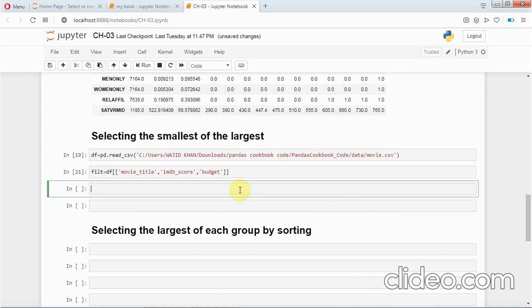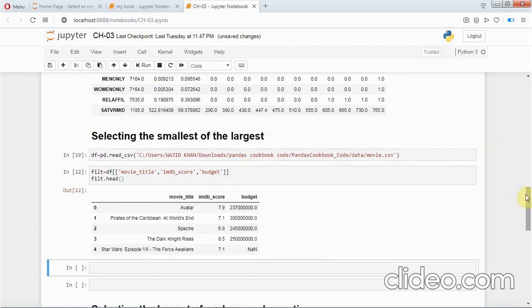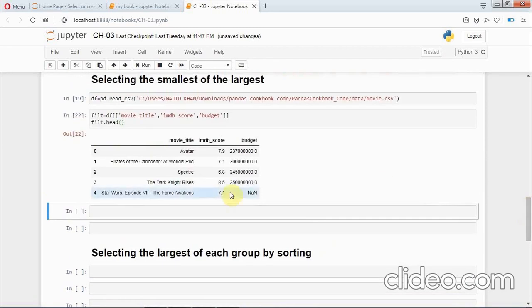First we name the variable, call the variable filled. Dot head to see the first 5 rows of this variable, that is IMDb score, movies column and budget. Now if we want the 100 movies which have the largest IMDb score, we write filled dot nlargest 100,